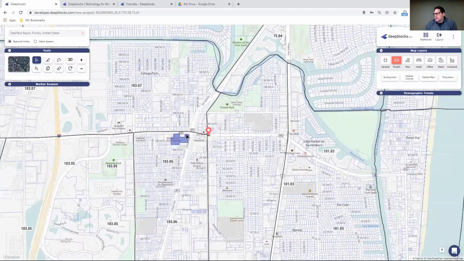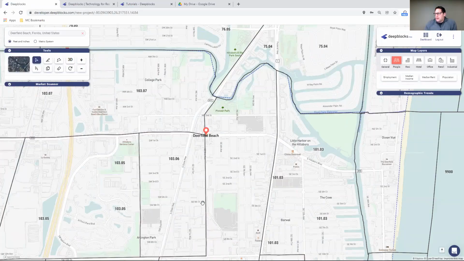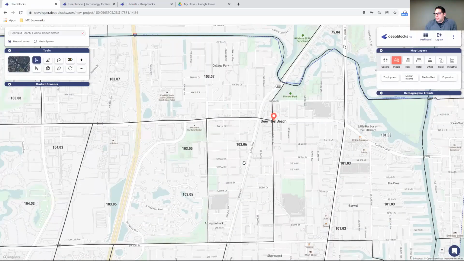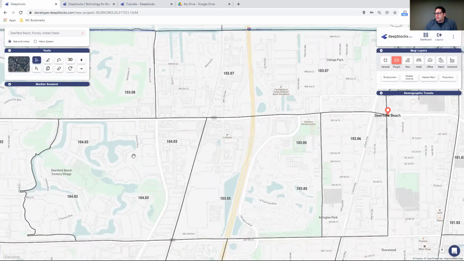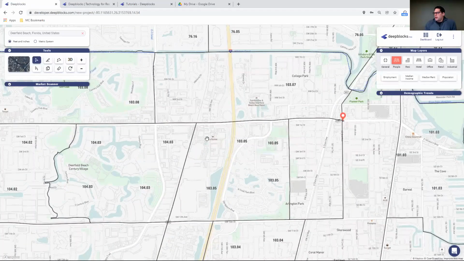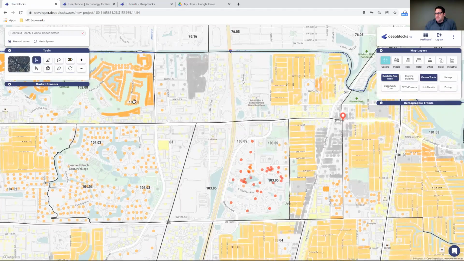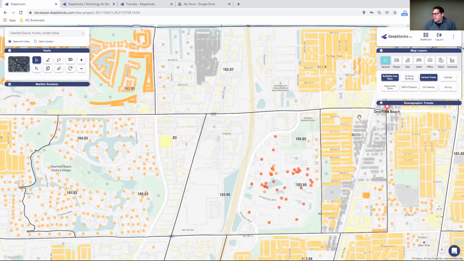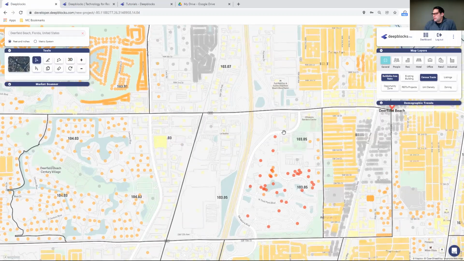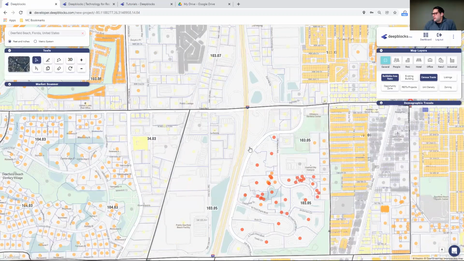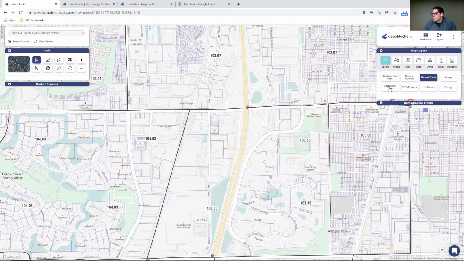All right, so say we're looking at that. We'll go 103. Okay, we're going to start right here in this 104 area. And then, as I mentioned, let's see what the buildable area ratio is. So we got some strong, and you can see the deeper orange, and these deeper colors show some more of the potential of development. And we can continue to zoom in a bit and start to get those parcels to appear.